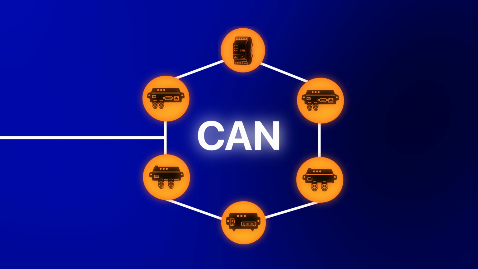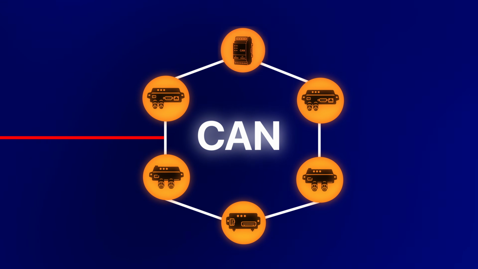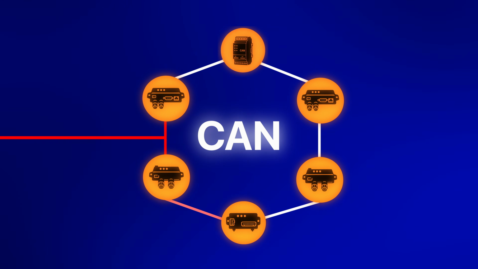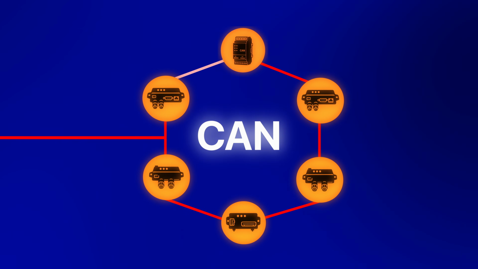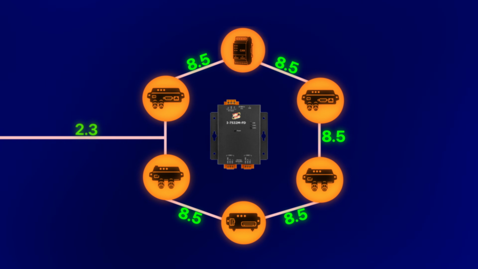Now on top of that, if something goes wrong on one section of the network, it can end up taking down communication for every device on the line, not just the one section that's actually having the problem. And most engineers just treat this as the cost of doing business with CAN. But the one thing that most engineers don't realize is that a CAN bridge solves all three of these problems